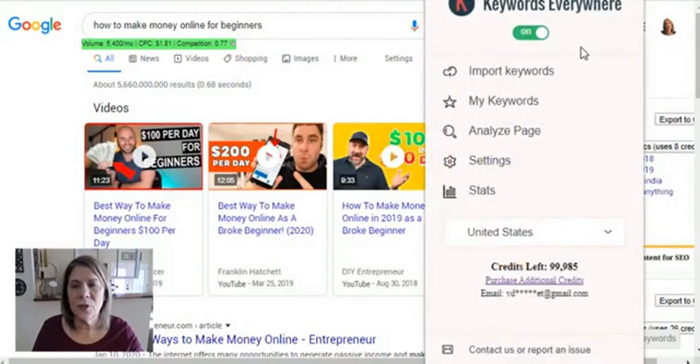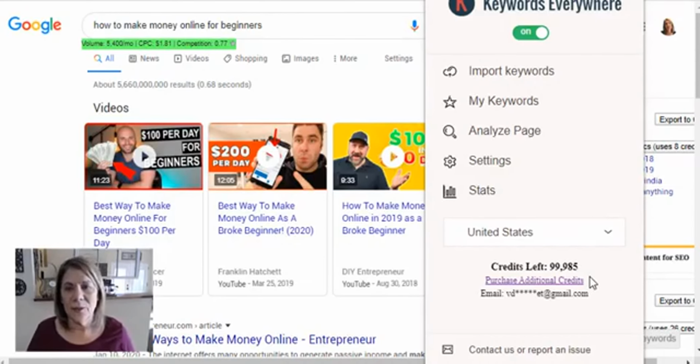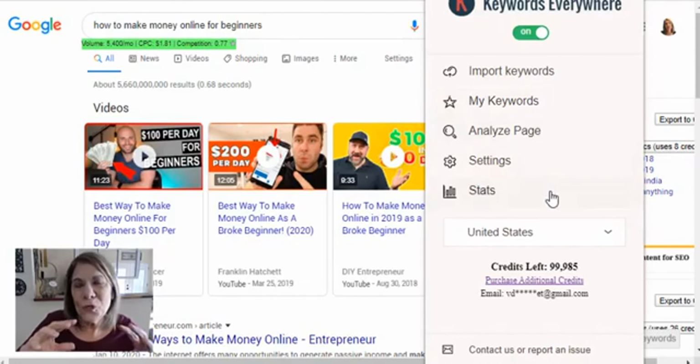And it just pops up and it gives you all your information. And the cool thing is it tells you how many you have left. Now see, it just went down because I used those 8. But I can import keywords. I can analyze the page, all kinds of different things that I can do. I didn't want to get into too much detail about what Keywords Everywhere does as much as answer your question,